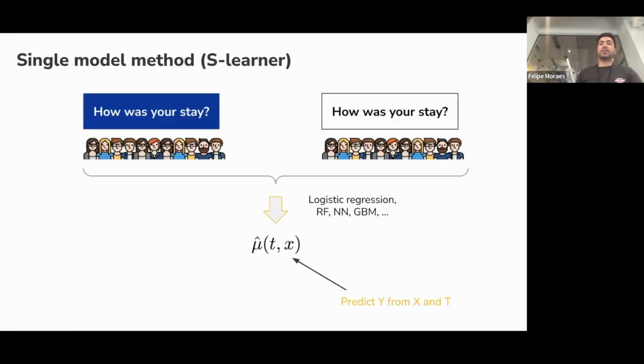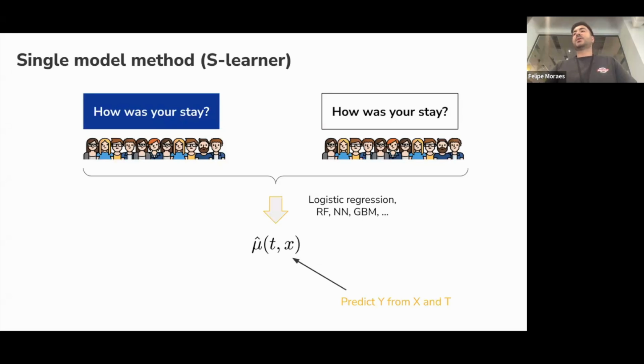One way to overcome this is what we call the single model, or the S-learner. In uplift modeling, we have many of them. We have the S-learner, T-learner, X-learner, and many others, like the Y-learner. One of them here is the S-learner. What it does is, we're not going to do two models. We're just going to do one model.